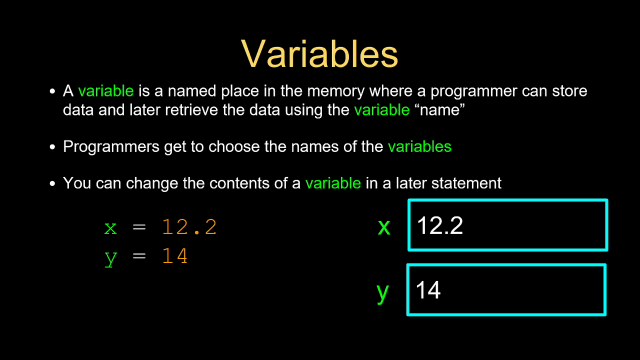A variable is a name placed in the memory. Okay, you could treat variables as containers of data. So it is a name placed in the memory where a programmer can store data and later retrieve the data using the variable name. Okay, so what this means is that variables have names, in which we'll get to see later